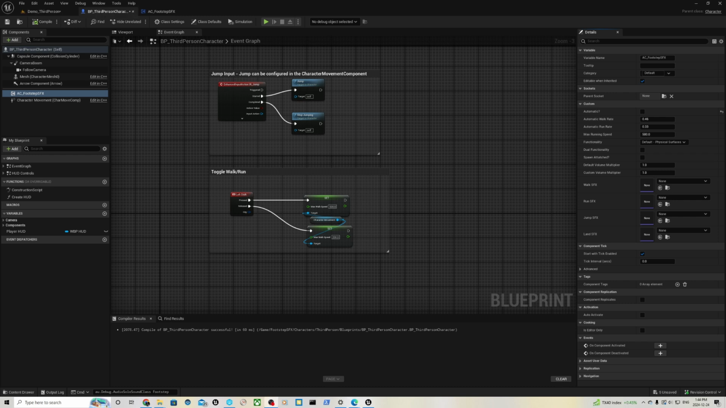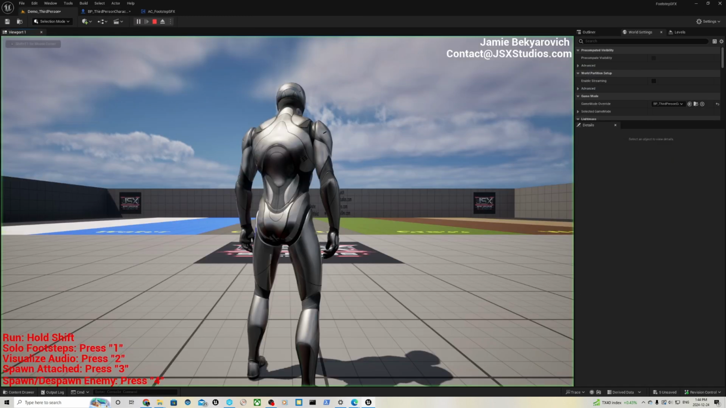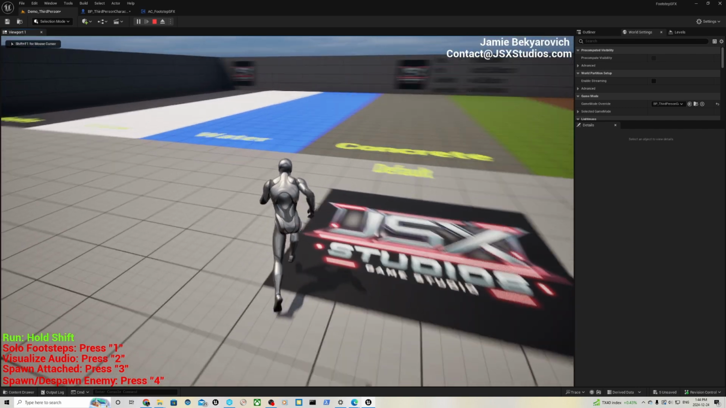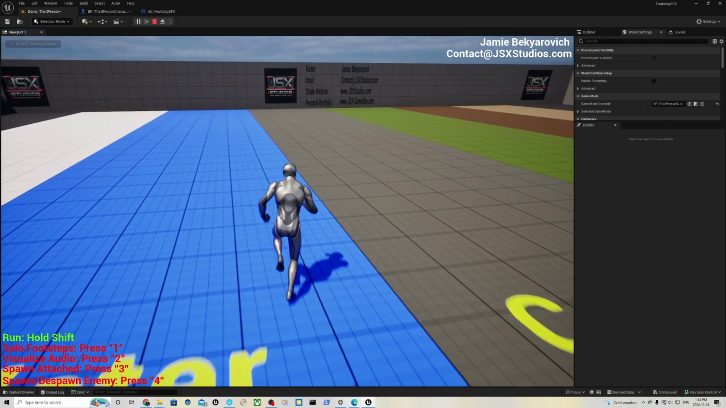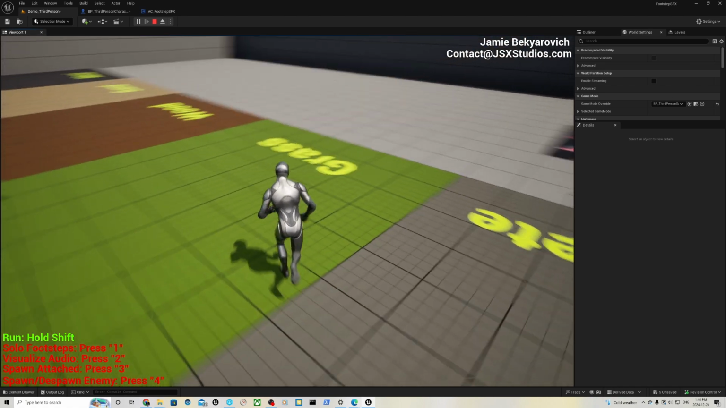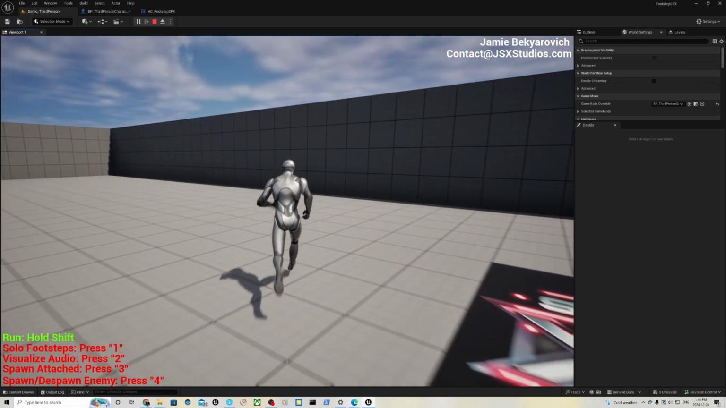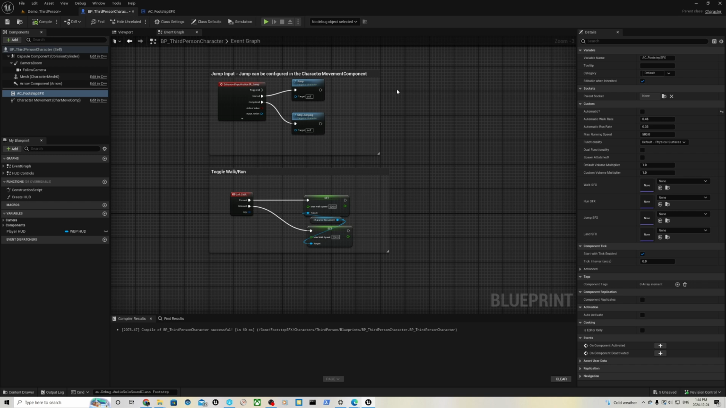Let's run through setting up custom SFX for one of our characters. So currently, we're using the default physical surfaces mode. So when we run, we will use whatever physical surfaces are underneath us. If we change this to custom one way, whatever we set here will be used for all events. So let's